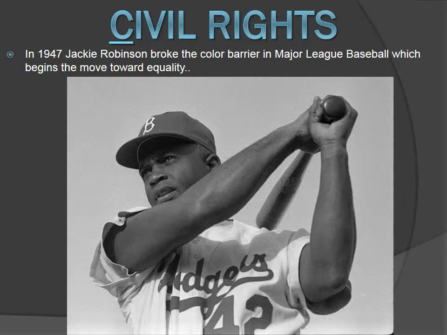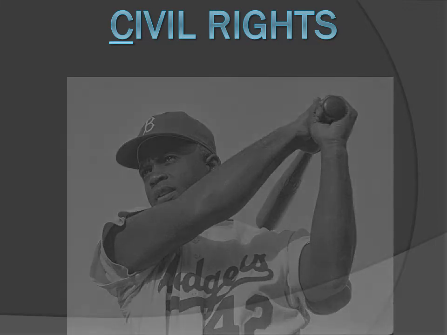It's one of the things that I always push, that when they chose him, almost like Rosa Parks, they chose somebody with upstanding character. They did not want Jackie to retaliate at all or say anything bad for a long time period. They kind of put a muzzle on him to say, look, you're going to take a lot of crap, and in doing so, you're going to help black people in the future. And that's why, if you notice, he's the number 42. If you go to every baseball park, the number 42 has been retired by all Major League Baseball teams, in honor of Jackie Robinson breaking the color barrier.